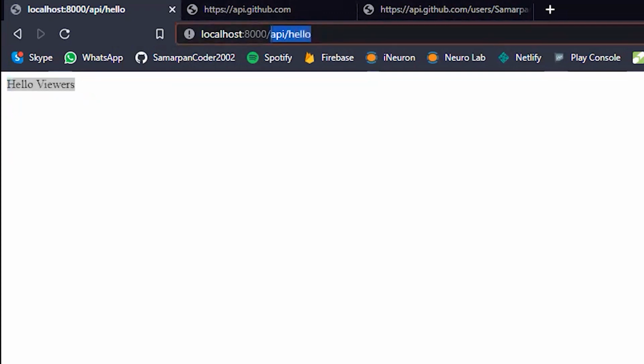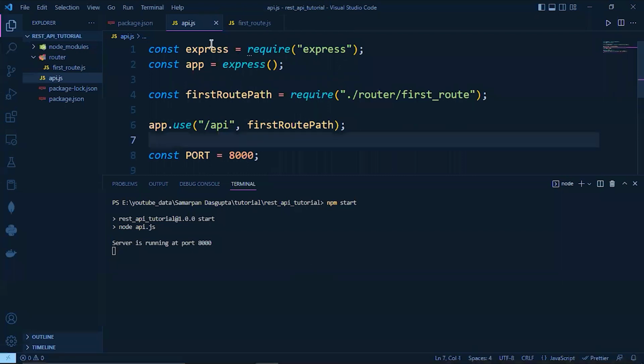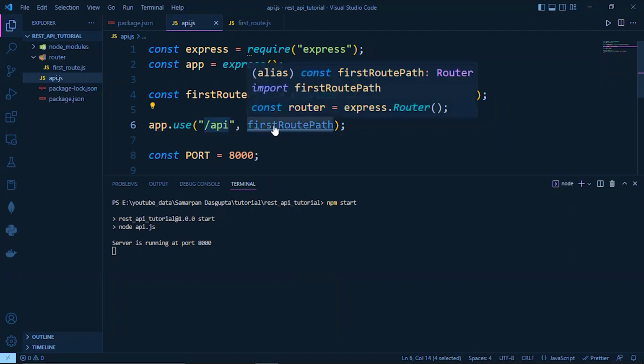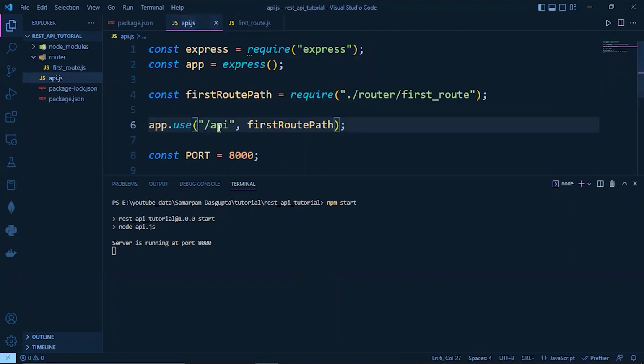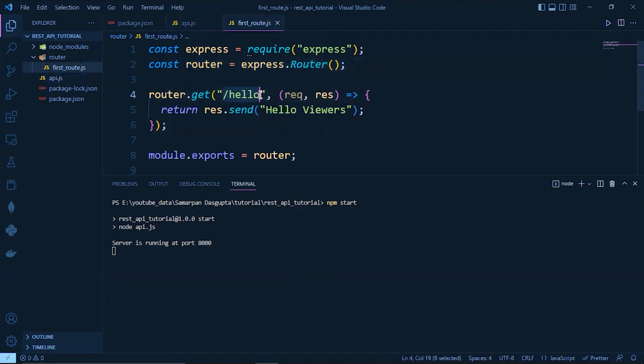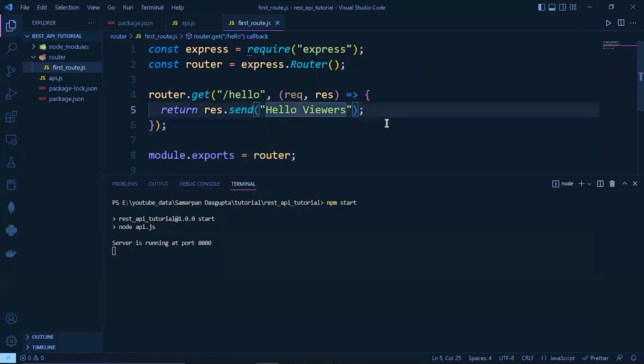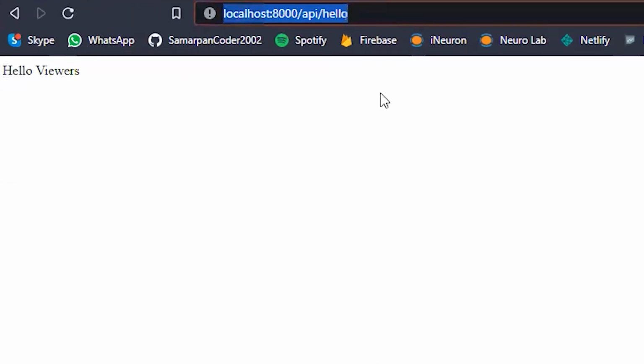So that's our whole path. That's /API, it is coming from the api.js file, and that /API is pointing to that first route path. That router is pointing towards that method /hello. So the whole path is made as /API, and that is connected to /hello. That's why it is printing hello viewers that we sent from here. We successfully made a get API